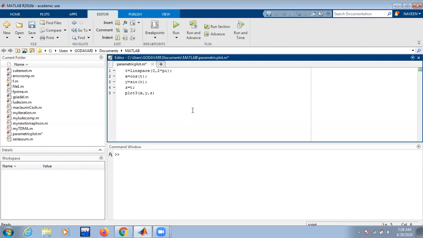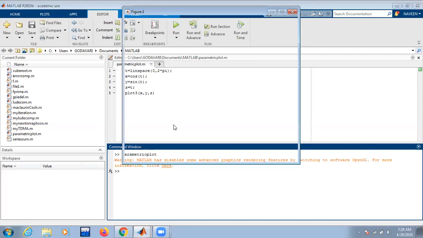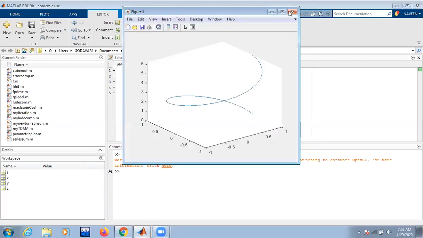I am just going to save this file. This is a MATLAB script file, so I'm going to run this as a command. My file name is parametric plot. I'm just going to type that command, spelling must be correct, parametric plot. If I simply press enter, it acts like a command. My MATLAB code is going to execute like a command. And now you see, this is